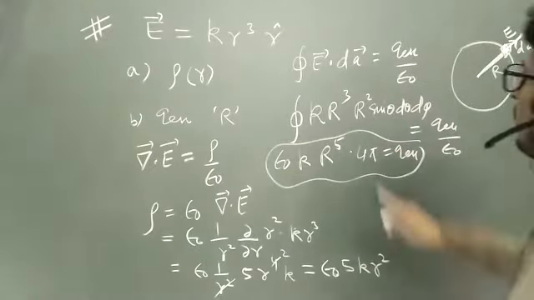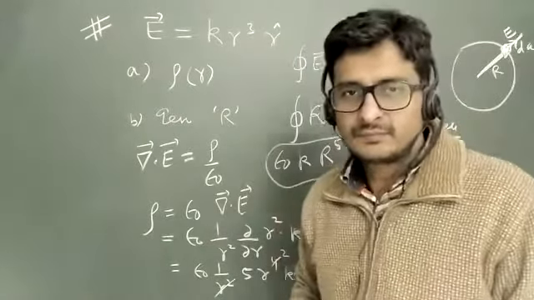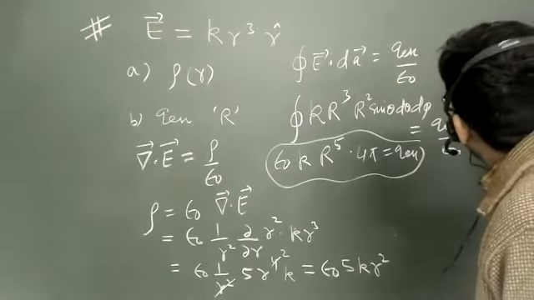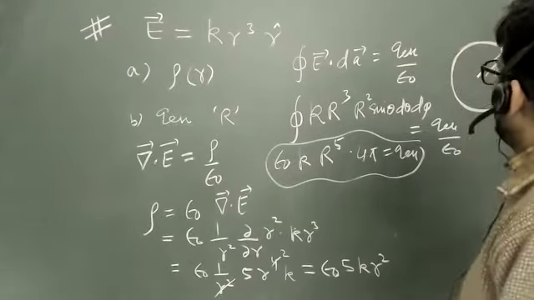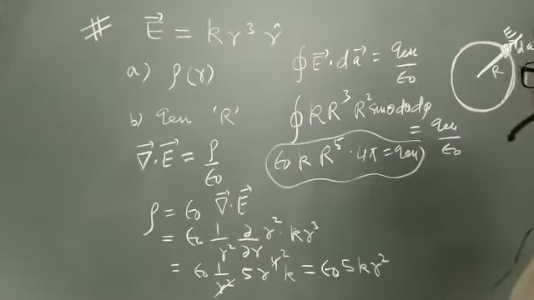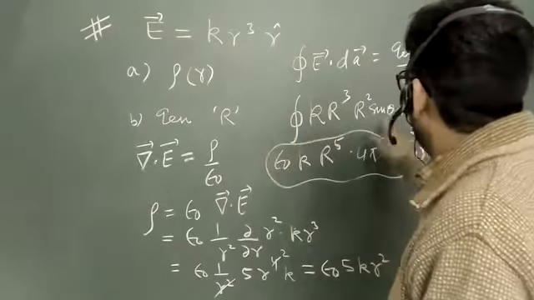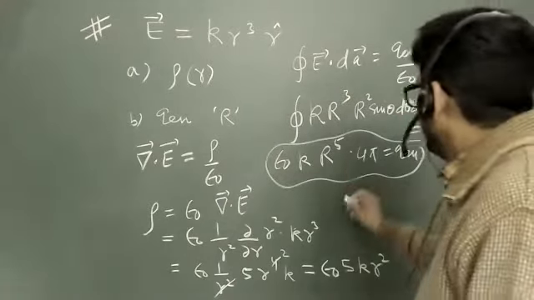Why have I directly substituted capital R? Can anybody tell? Because you want the electric field here, which will be integrated throughout the surface. You want a constant electric field, right? That will be integrated throughout the surface, so it will come out. You take the electric field outside and then you just integrate the area. So you should write it like this actually.